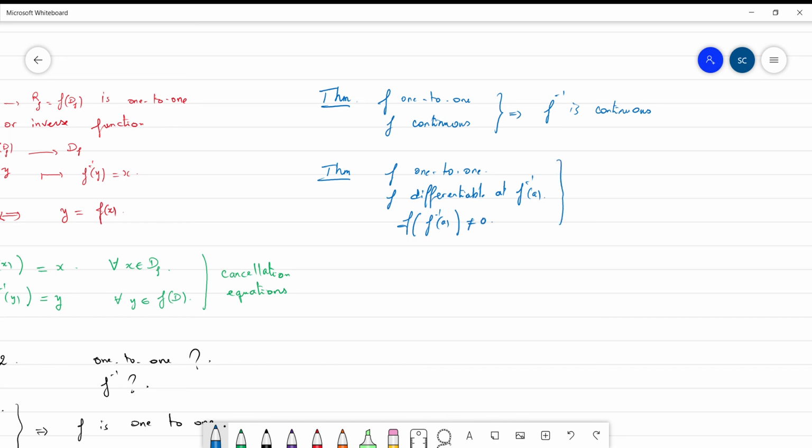Then the inverse function is differentiable at a,